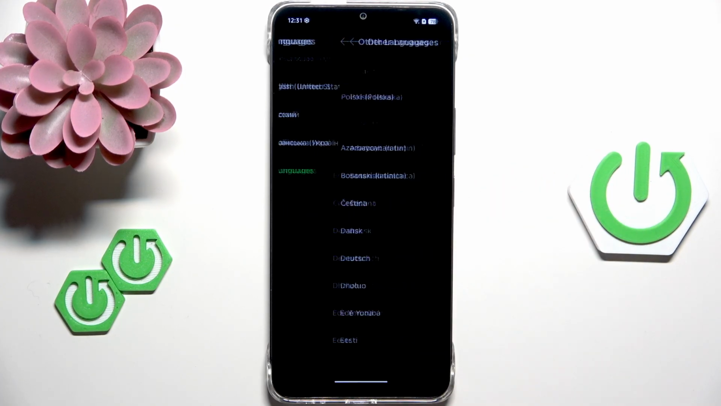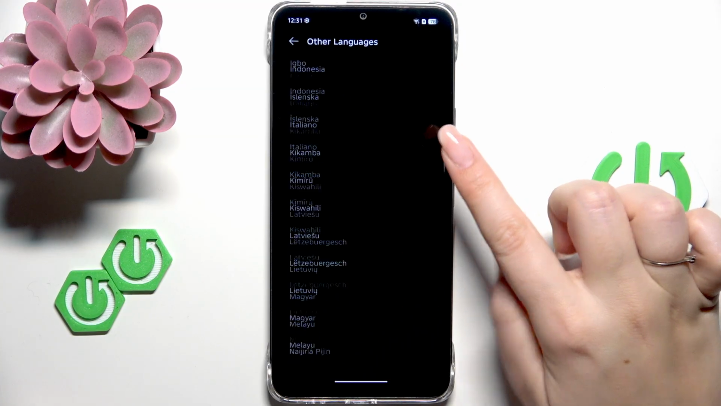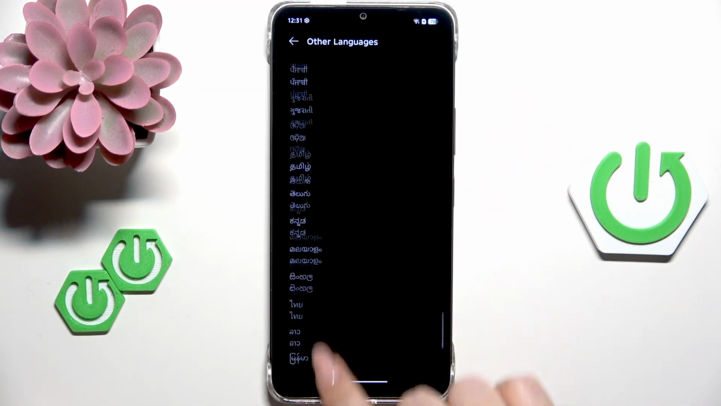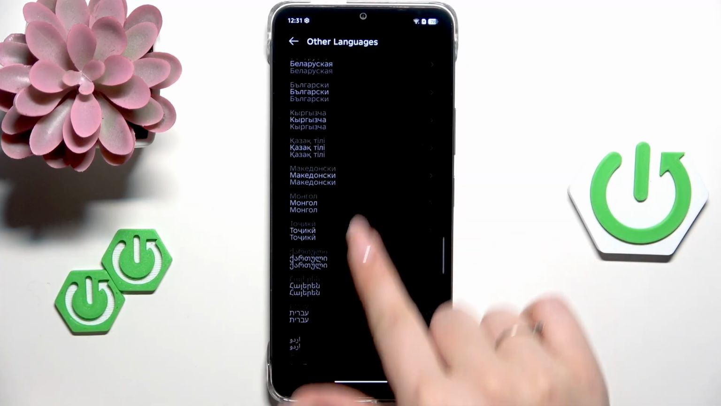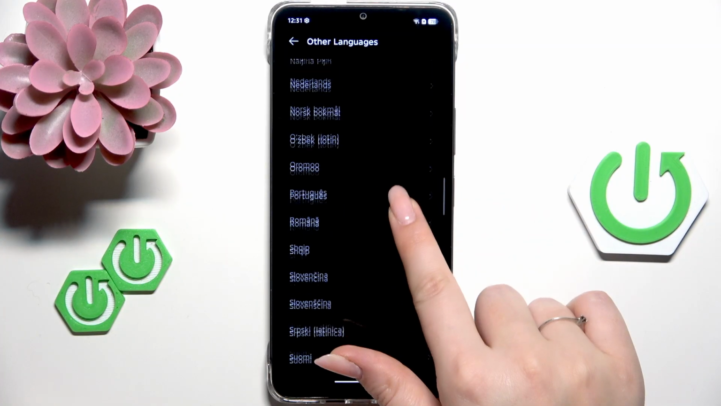So just go to other languages, and here we've got the full list of available languages from which we can choose. So simply find your language and then tap on it. So I'll pick maybe